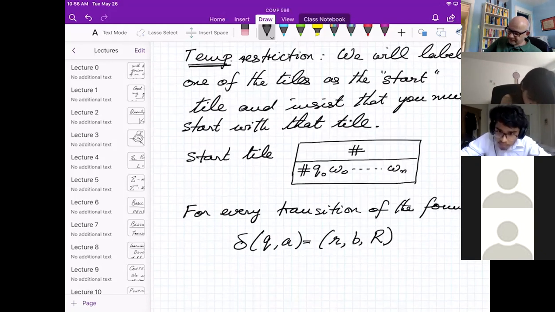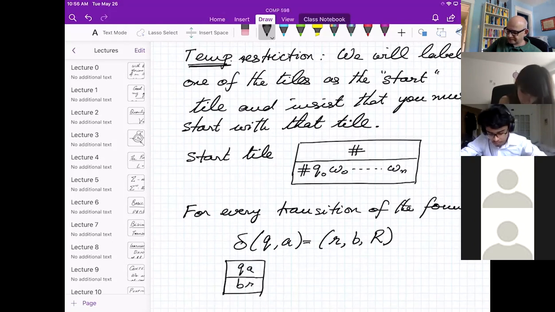We will design a tile like this. We will say, okay, you have to have QA on top and BR on the bottom.